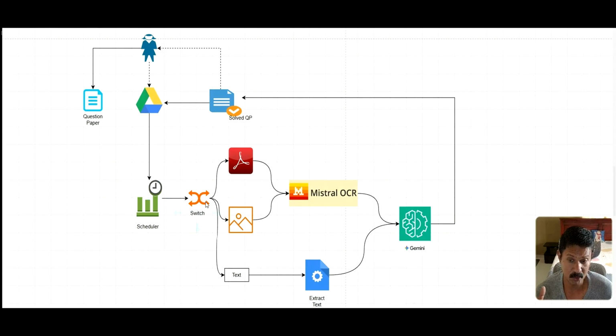The next step would be a switch, which we would require because the workflow would need to determine what type of document has been passed to it. So is it a PDF document, is it a JPEG, essentially is it a picture, or is it just plain text? Because the processing for this would be slightly different, it would need to extract that information from a PDF, it would need to extract it from a picture if it's a snap. So the processing is a little different, and we would be using Mistral OCR